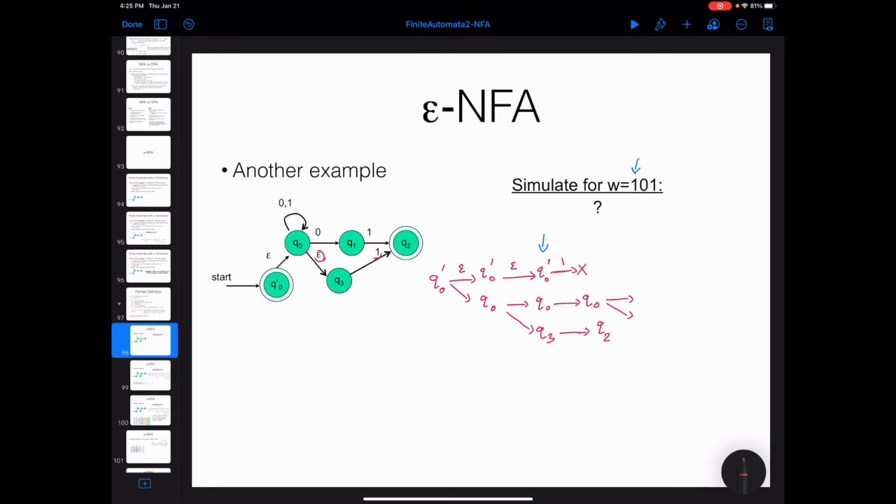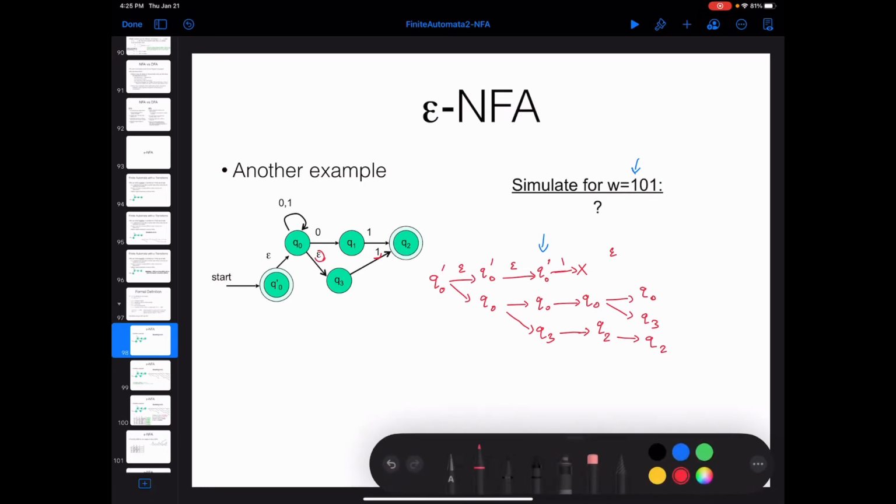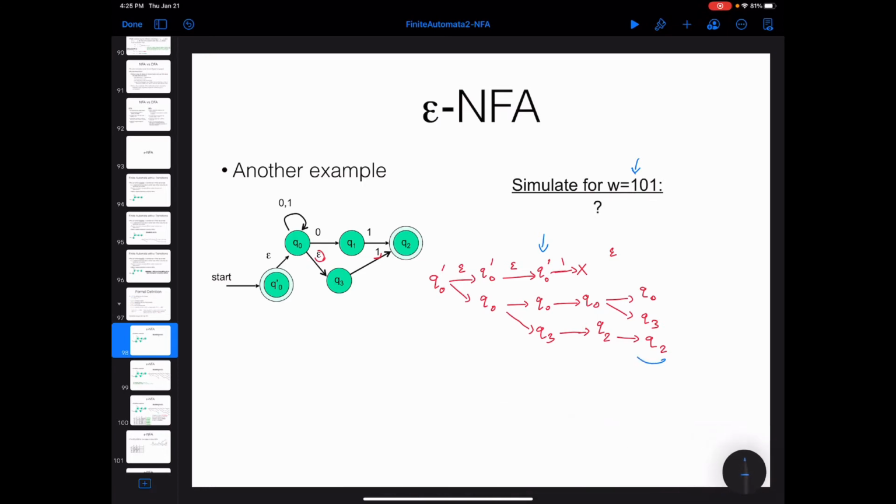Q0 with epsilon transition can either stay at Q0 or move to Q3. And Q2 is also available. If you apply the epsilon transition again, you will see that I'm not going to get anything more than these 3 possibilities that I have here. So I would stop and then read the next input symbol, which is going to be